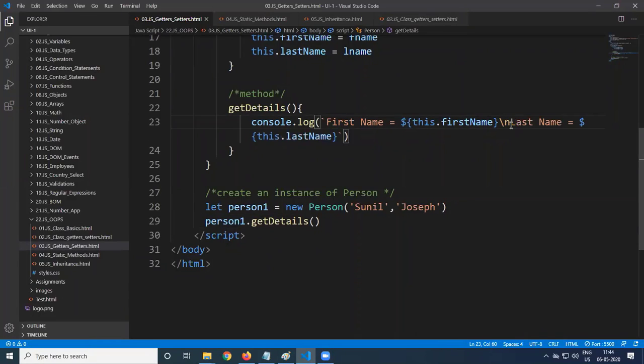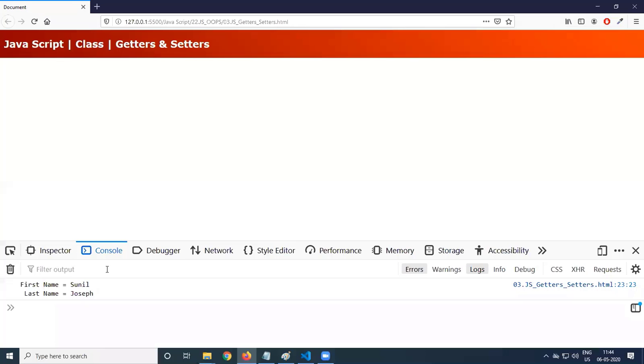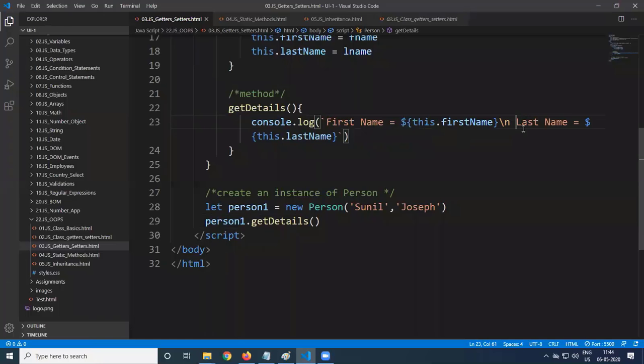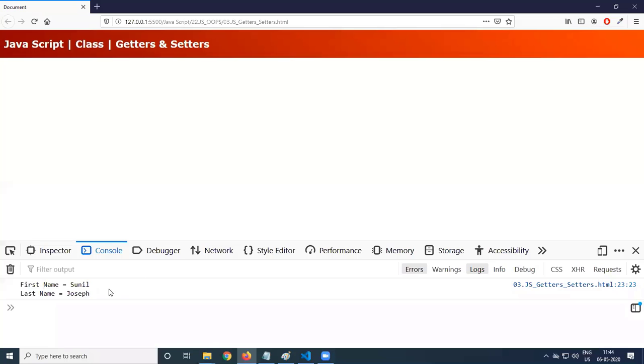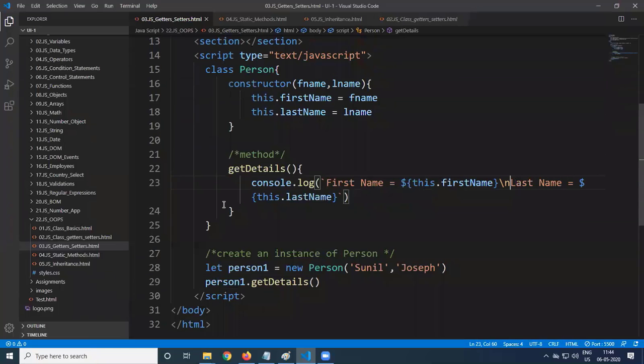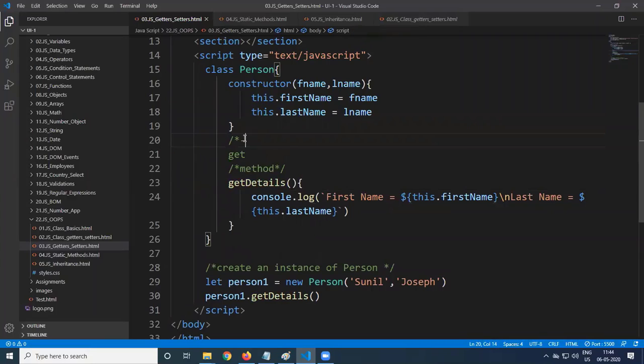This is one case, where we get the first name as well as the last name. Now, what is the getter method? Getter is nothing but get. So how do we define the getter method? We give a comment: getter method, get property name. Don't give the property name as it is. In the previous lesson, I gave the actual property starting with an underscore.